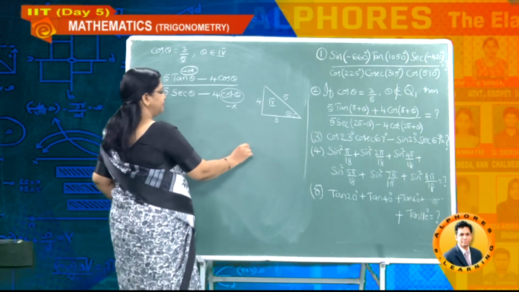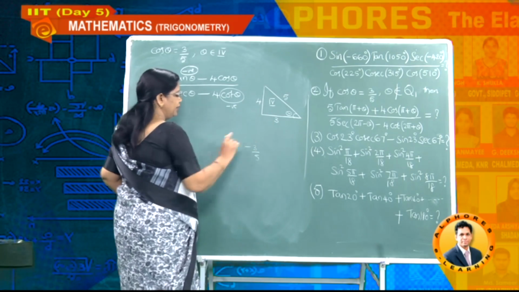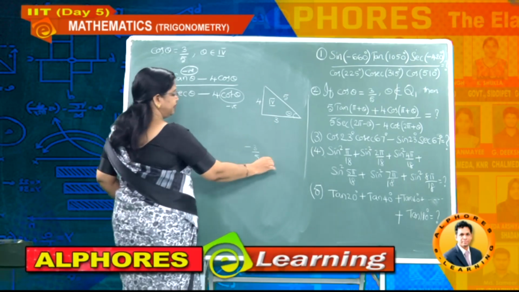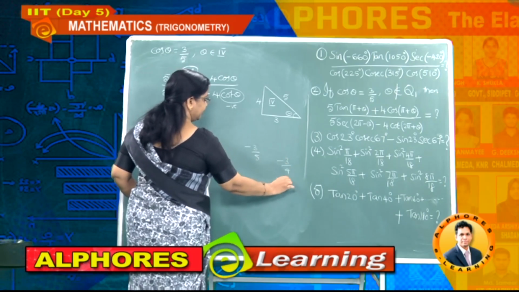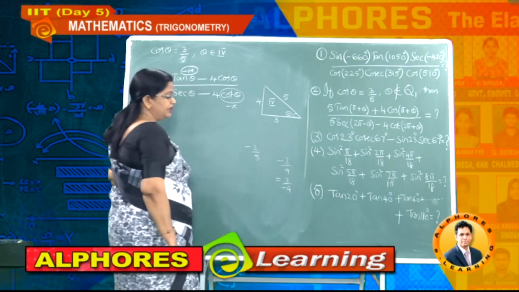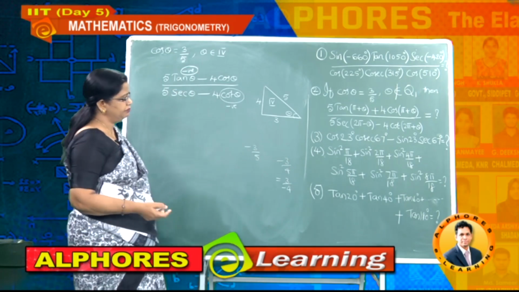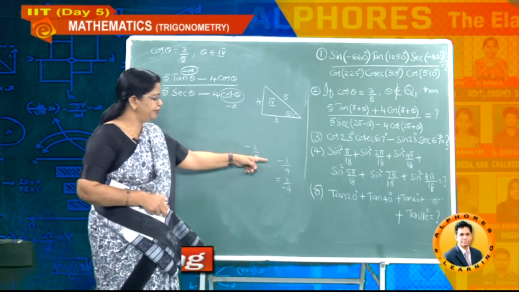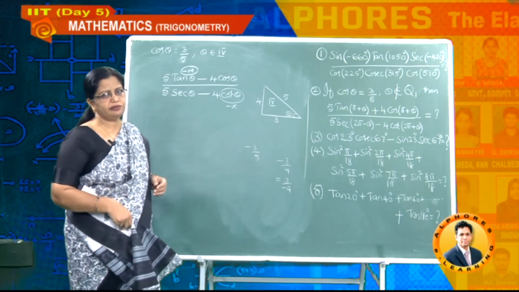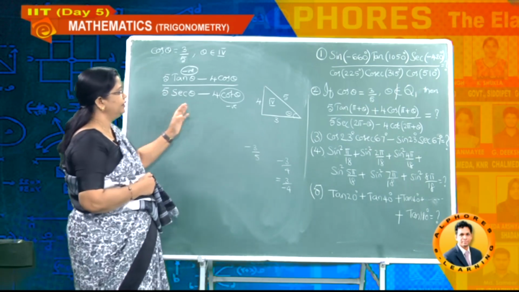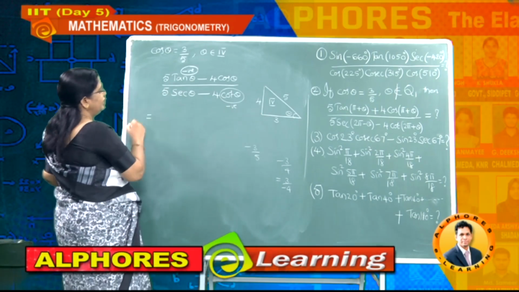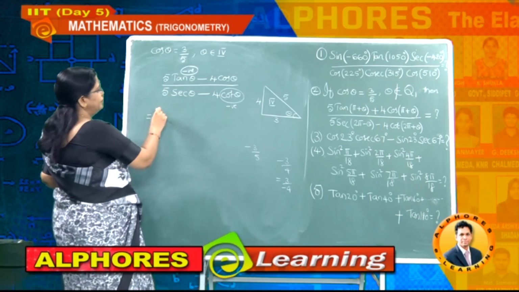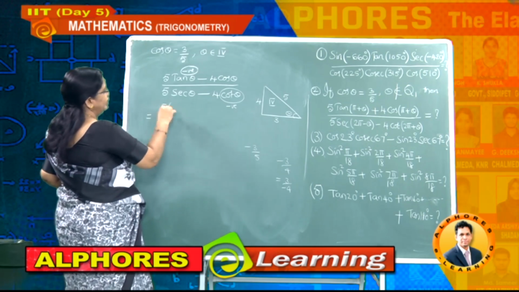The reason is, if I write minus 3 by 5, it's okay. Then if I write minus 3 by 4, this is the same as 3 divided by minus 4 also. So is the minus symbol going to the numerator or the denominator? That's the question. That's why it's better to just write 4 here, and thereby write the negative or positive values. Now I am taking here 5 tan theta.